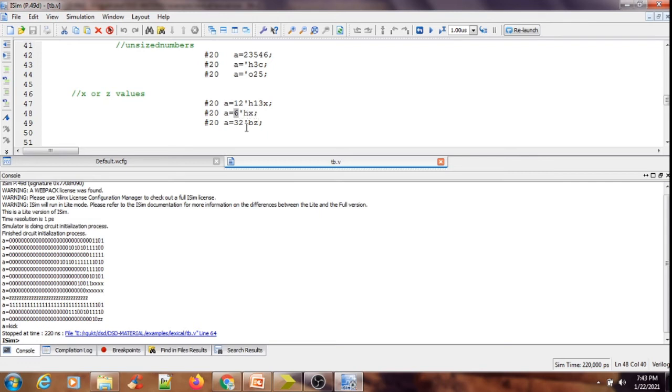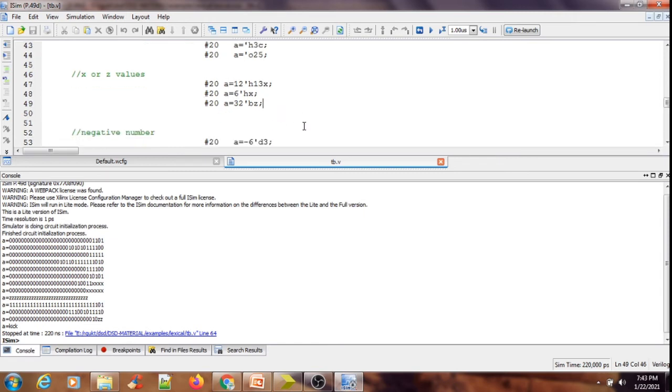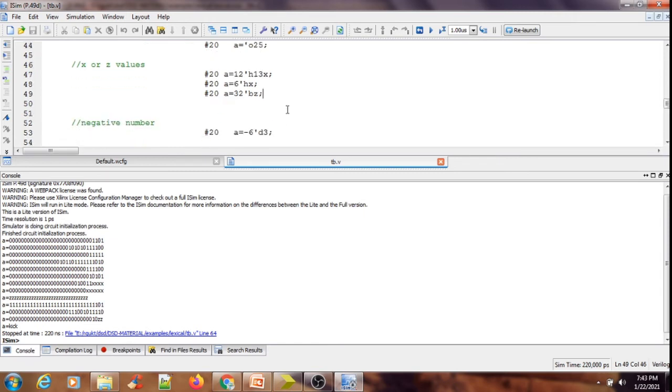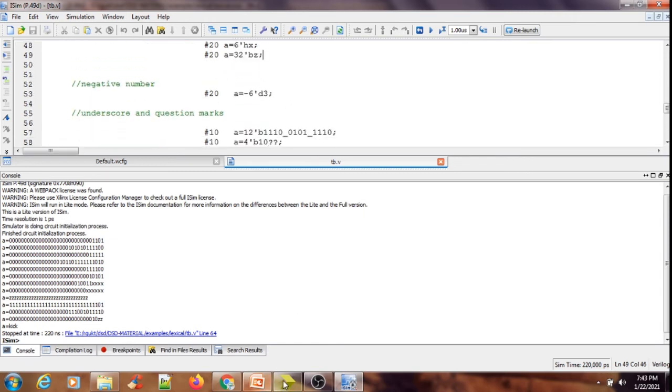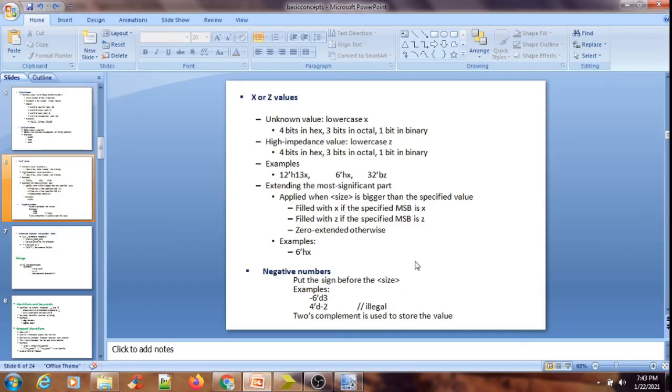So be cautious whenever you are using x or z values. And the very next one is negative numbers. Negative numbers can be specified by simply putting a minus sign before the size, like this.